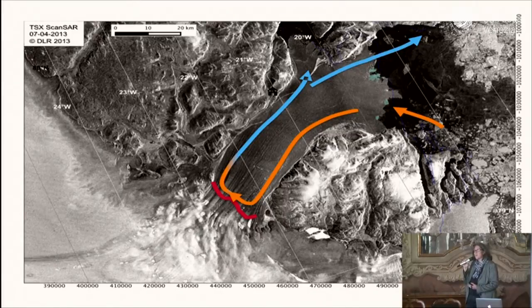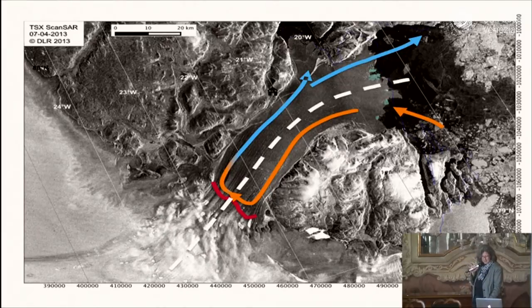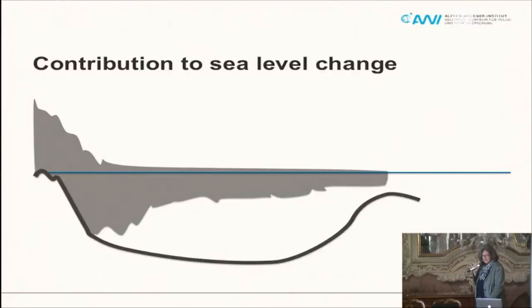And of course you also want to know how the geometry of the system looks like. Is it very prone to change because it has a surface topography which is really sustaining a change? So if you take a cross-section along the glacier like this, then this is how it looks. You do have this floating tongue, and this is the location of the grounding line, so the transition to the inland. And you do have a velocity of the glacier, so its flow speed. And this is also the location where the contribution to sea level change takes place. Because the minute that the ice is already afloat, you don't have a contribution to sea level change anymore.